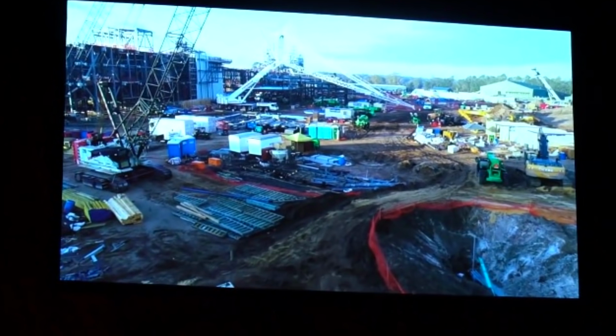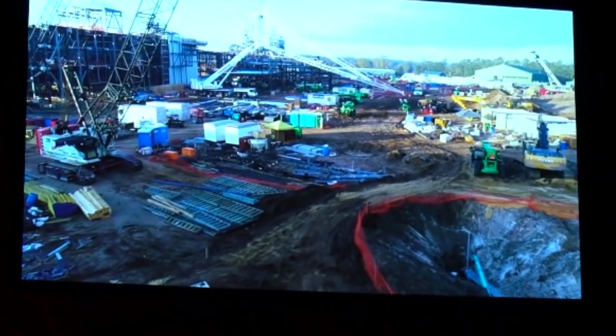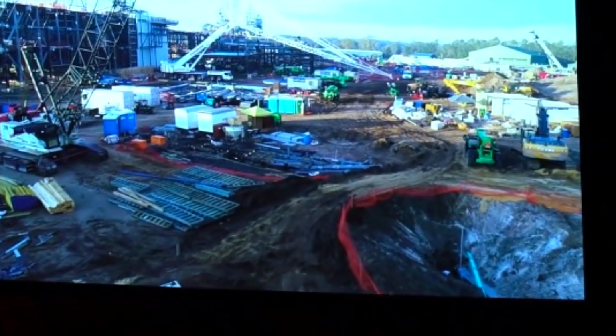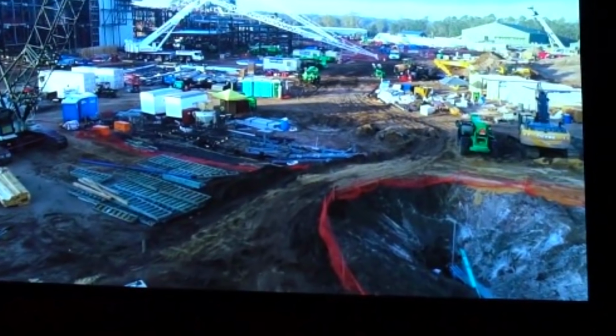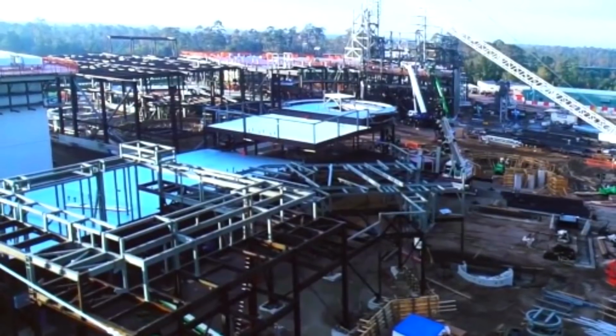Right off the bat, there's not a lot to learn here for me anyway, but you can kind of get an idea of the building site. Looks like there's a giant hole in the ground, the bottom right. I love holes in the ground, as always. So there's one. And it looks like Battle Escape off there on the top left of the frame. Here's an overhead shot of what I think...